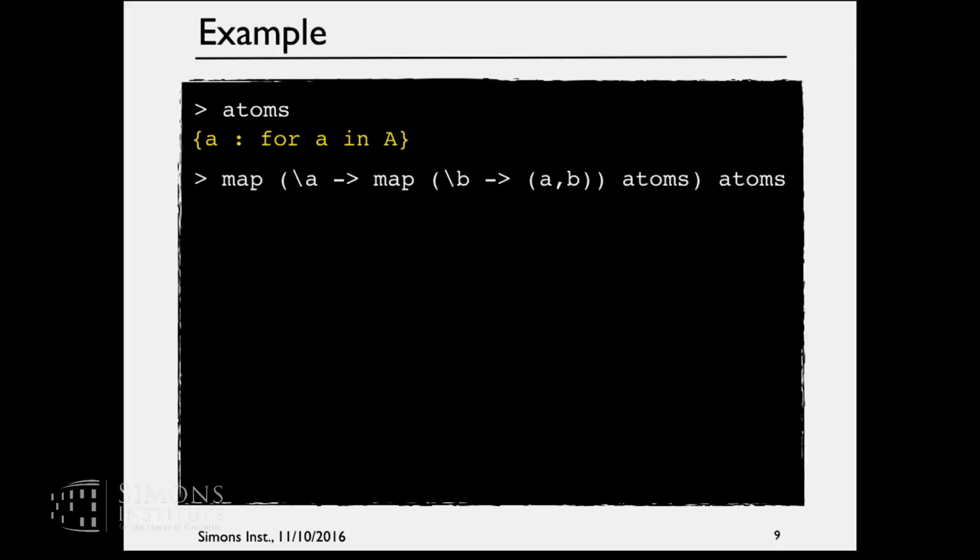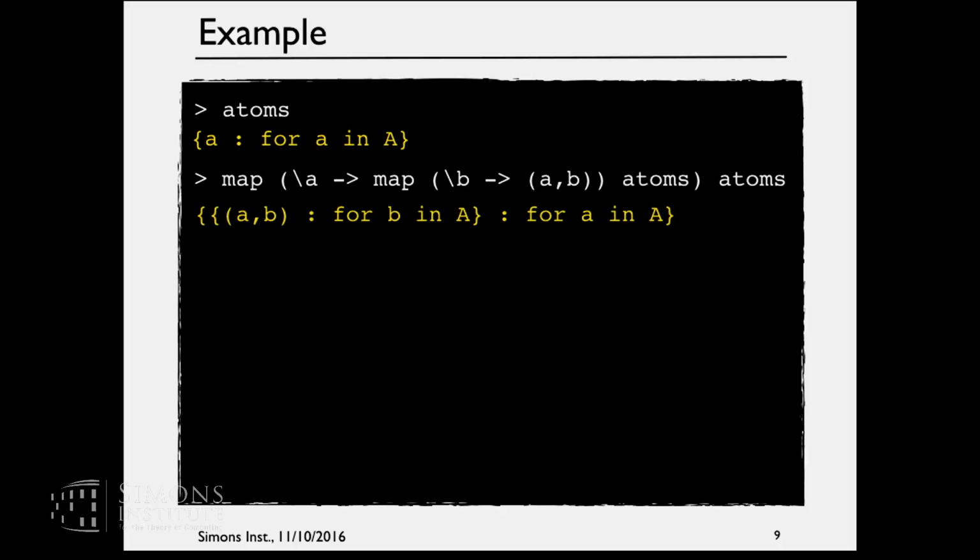Let's say I have this. What does this function do? What I'm trying to do here is compute the set of all pairs of atoms. So let's say this is a function. In the context where an atom A is already fixed, this function for every atom B returns the pair AB. And then if I map this function over atoms, I get the set of pairs where the first component is A. Then I map it over every A, and this returns some value. This is what the interpreter shows you.